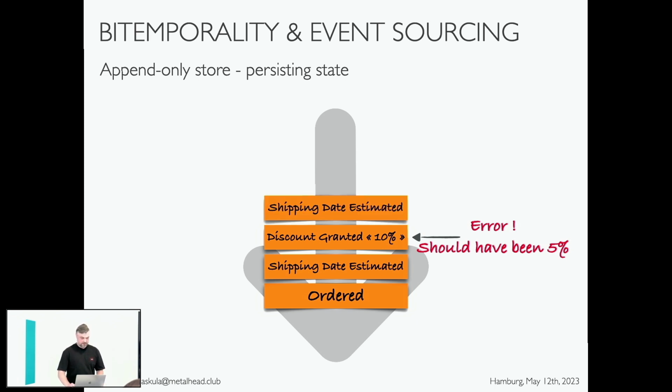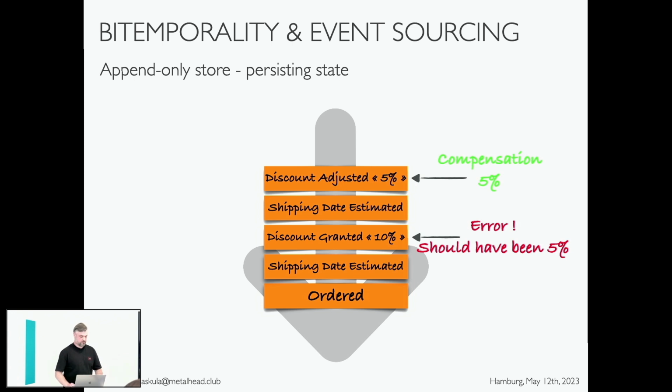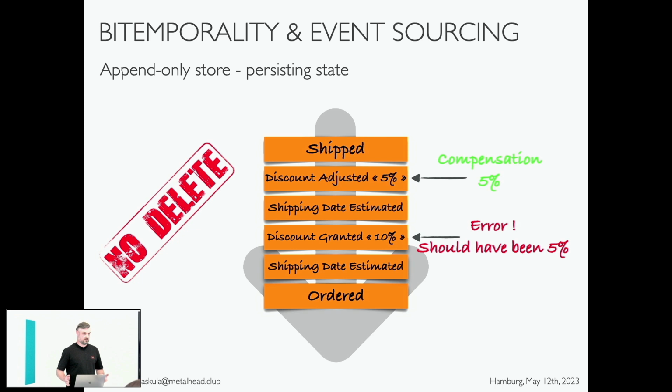And at some point in time, we could have an error, so we cannot delete from the stream of the event store. We have to compensate with another event. And why? Because there is no delete, it's just an append-only store, and that's very important because you cannot falsify the history. This case of compensation with events and deleting history is kind of interesting because language matters.